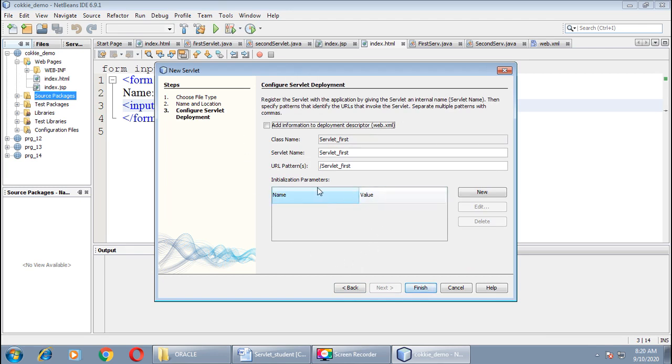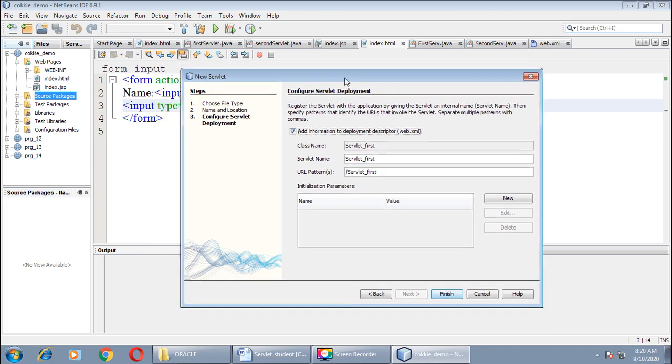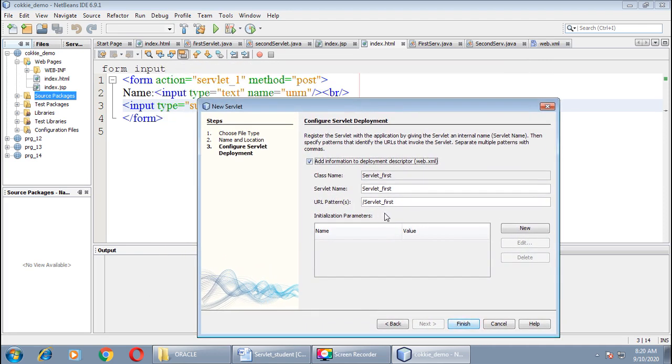This will ask for a configuration of servlet deployment. Select this checkbox. We want to add information to our deployment descriptor file. That means we want to add information to our web XML file, right? Here we will change the class name, servlet name and URL pattern.